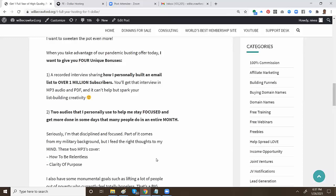For example, one of my burning purposes is that I grew up in extreme poverty, and I want to earn enough money to go back to my hometown, set up some type of training center, and also a scholarship fund where I help to lift some of the poor kids there out of poverty. These are kids who, without help, are going to grow up, a lot of them getting into crime or gangs or drugs, and they don't have a very bright future. There's nothing to do, no really decent jobs there. So I am going to set up a scholarship fund, for example, to help out a lot of kids